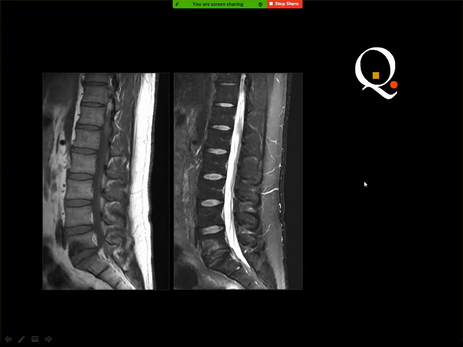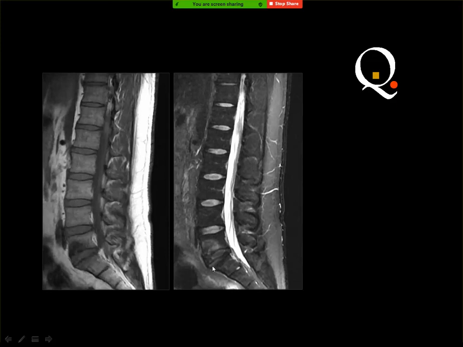Can you see the lesion? Anybody? Modic type 2. Yes. Where? In L5S1. Okay. And you have it at the lower end plate of the L5. Okay. At the L5S1 disc, you see some bone marrow changes in the lower border of L5 and the upper border